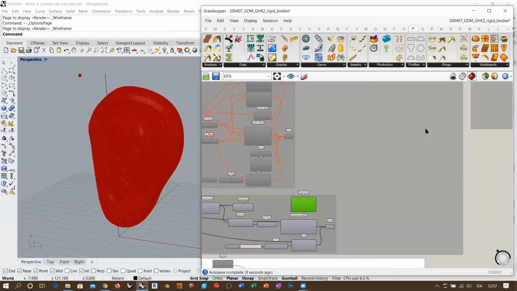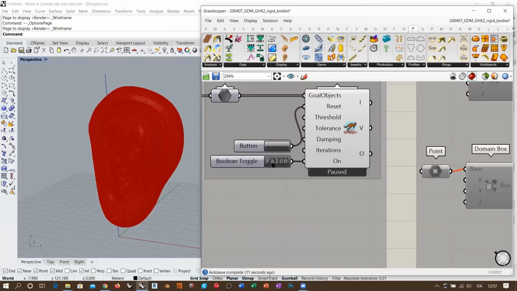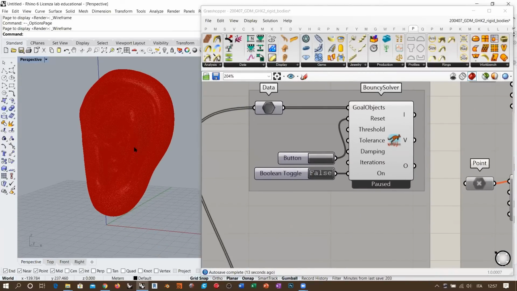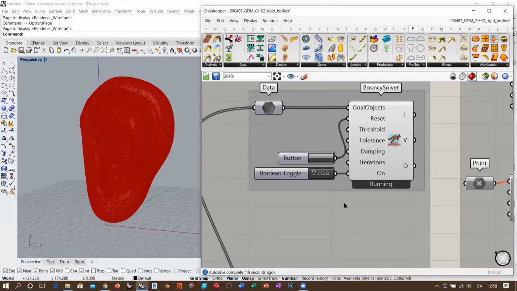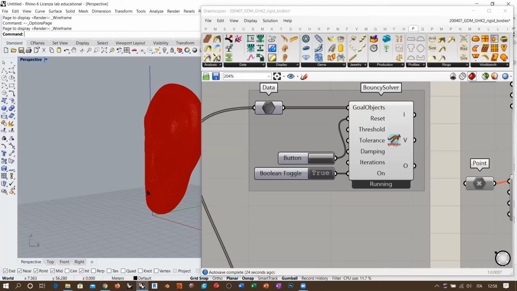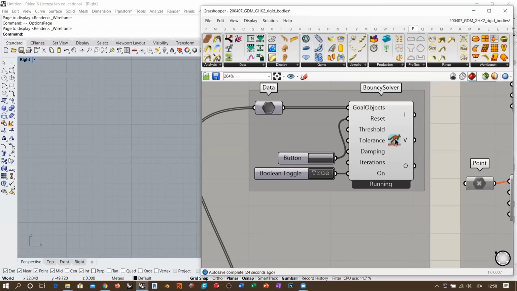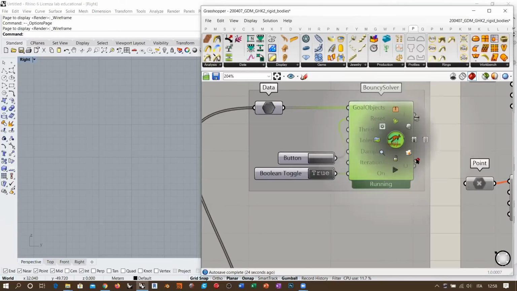I can basically reset the simulation and make this ear fall. Now, the problem is that this is a very high resolution mesh, so it will be slower. You see that it's very, let's say, discontinuous, like simulation. It's already reached the ground, and now it should start to fall, like on one side. I think this is going to be very, very slow. But if we see it, for example, from the right viewport and find the preview of our solver, like using this,